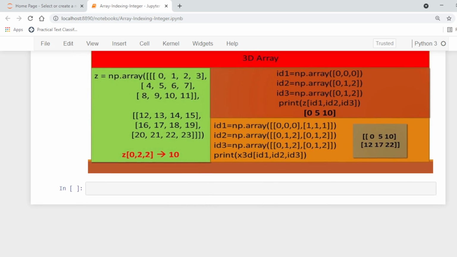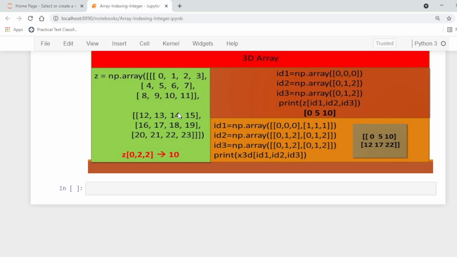Similarly, if we have an array of three dimensions, the given array is a three-dimensional array. Basically a three-dimensional array is a stack of matrices. In this array there are two blocks, and every block contains 3 rows and 4 columns. So it means that 3 subscripts are required to extract the values.